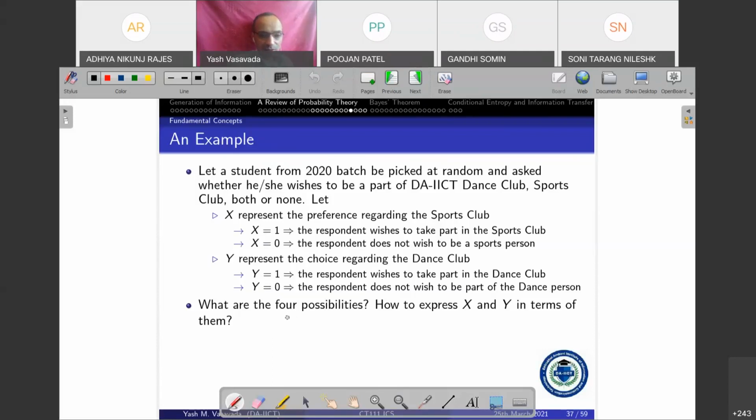Now, what I want to ask you is that in this case, I'm already telling you that there are 4 atomic events. So what are these 4 atomic events out of this random experiment that can be performed? And then how to express X and Y in terms of those atomic events. So that is the thought exercise that I'm going to give you. We'll talk about this when we meet again on